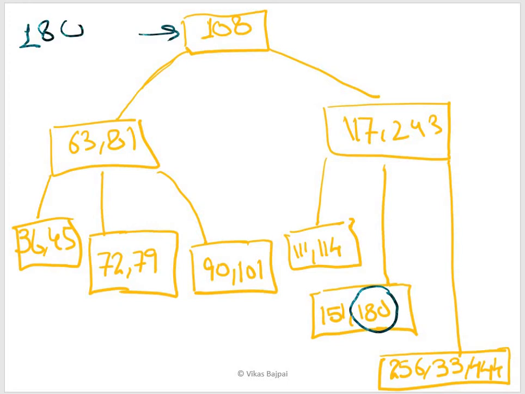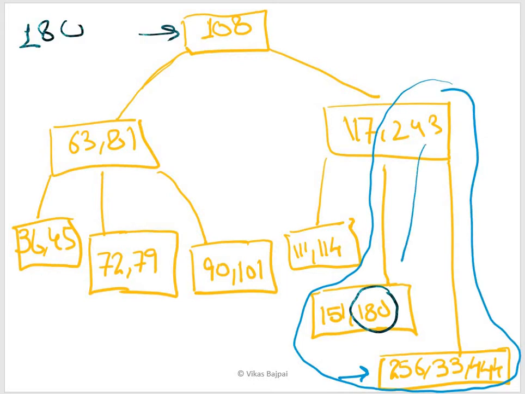Some issues once again, and the issue is that if I have to delete it, then I'll be left with a single value, which is 151 only. Once again, that's not acceptable. So after deleting, I'll request some value from my right sibling, and this value cannot be directly obtained from here. So I'll get in touch with this particular part. Now this 243 will come down, this 256 will go up, and this replacement will be done.